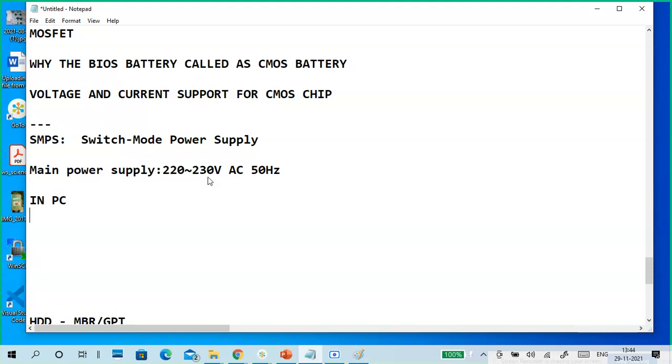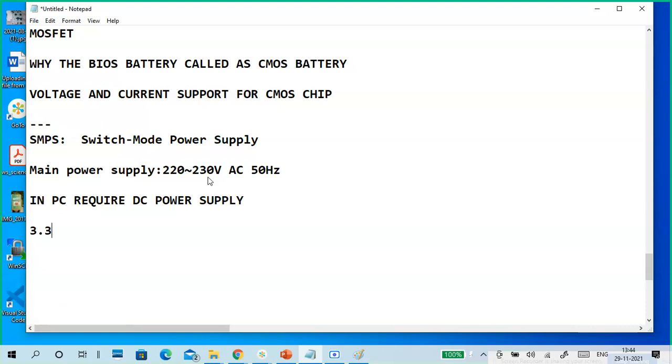We require a direct current DC power supply, with different voltages.